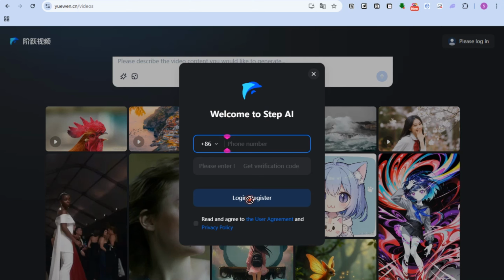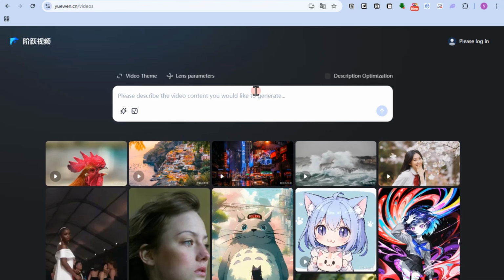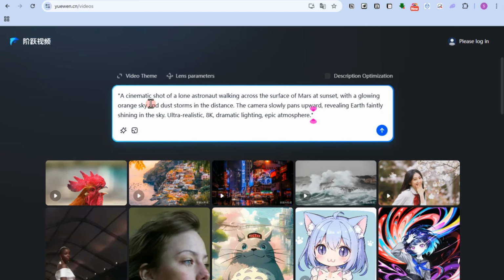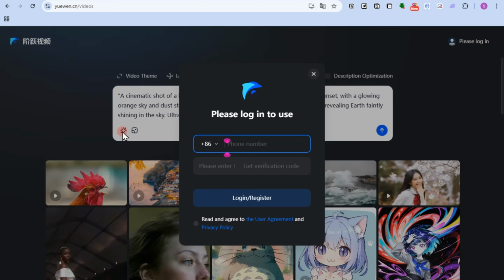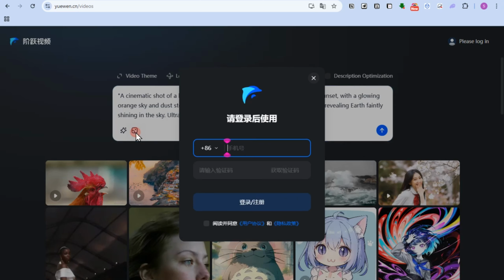This is only intended for some specific countries, and you need to provide a phone number because they will send you a code in order for you to activate or to create an account right here. But once you have your account, then you can use this AI for free. You just have to add a specific prompt. You can ask ChatGPT for that. You can ask the help from ChatGPT and then paste the prompt right here and then create or generate image